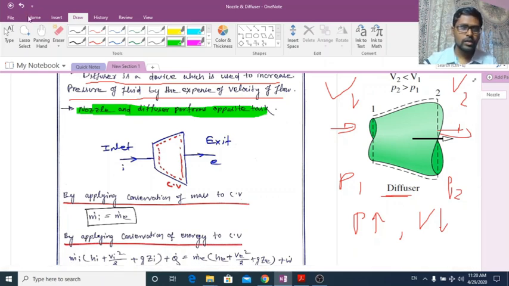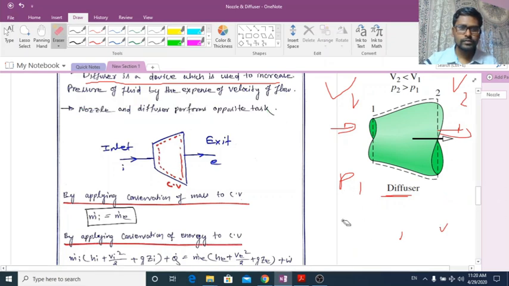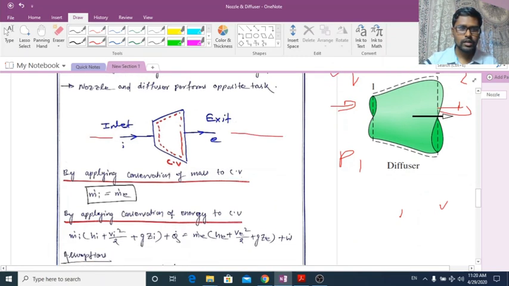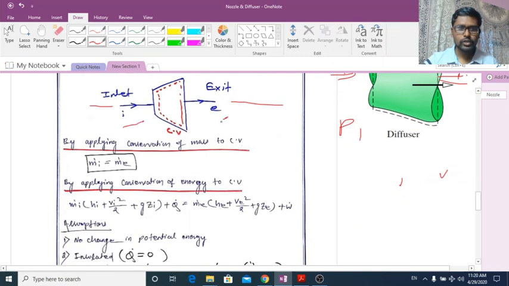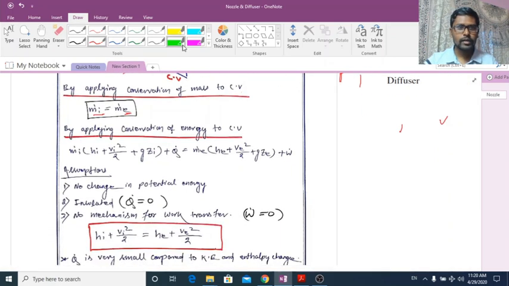Okay. So here I have taken a diffuser. This is the inlet, this is the exit. Inlet will be I, exit will be E. By applying conservation of mass to this control volume, what will we get? m dot I is equal to m dot E. That means the rate at which mass is entering here, at the same rate mass will leave from the control volume. That means the rate at which fluid is entering into the control volume will be the rate at which it is leaving. Again, by applying conservation of energy